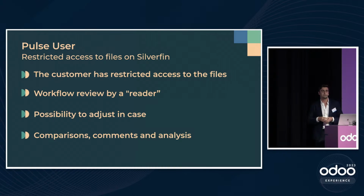Hence in Silverfin, when you want to work with your accountant, you have two different cases. First of all, you have what we call a Pulse user. It's a restricted access to your file on Silverfin. So you can have a view mode on Silverfin, see your reports, see your annual accounts, see your tax declarations and so on. We can compare, comment, share some details with your accountant, but it's a point of view a bit different